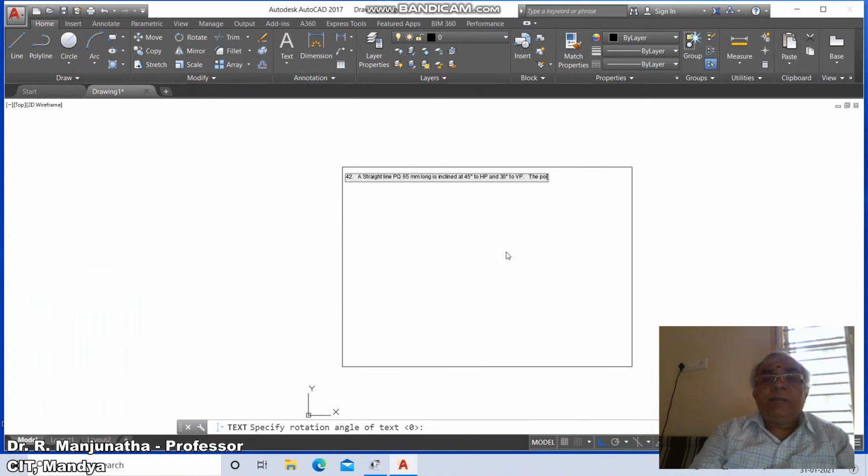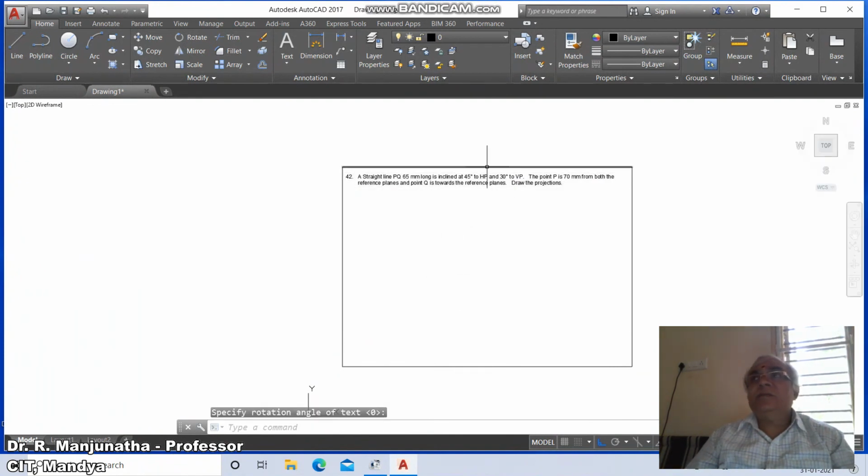The point capital P is 70 mm from both the reference planes, and point capital Q is towards the reference plane. Draw the projections. Just press enter and again enter, so that it is going to cancel the command.